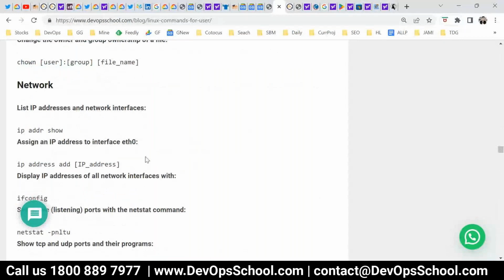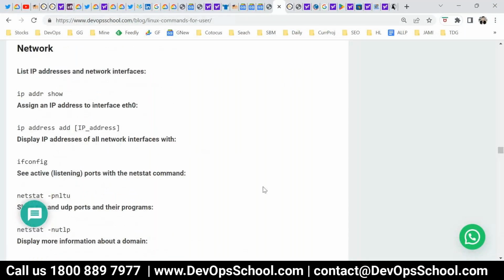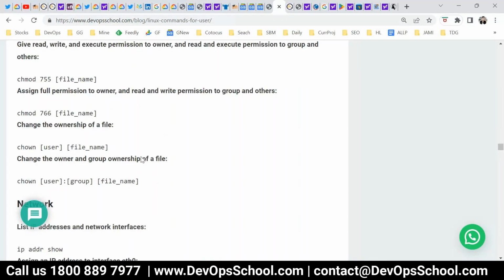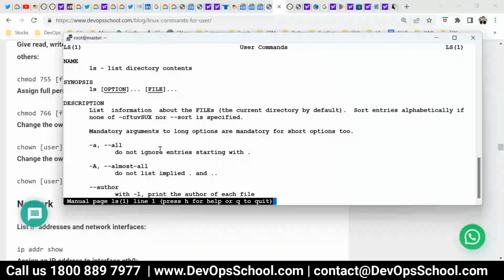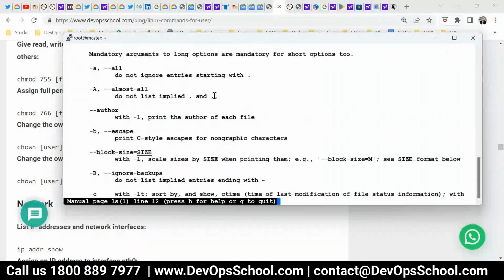Rajesh, in the same example, can you list only the directories, not the files? Yes, the ls command, and now you have to type the option for directory. You can do man ls and find out which option is for directory. But nowadays Google is much faster than the man command.